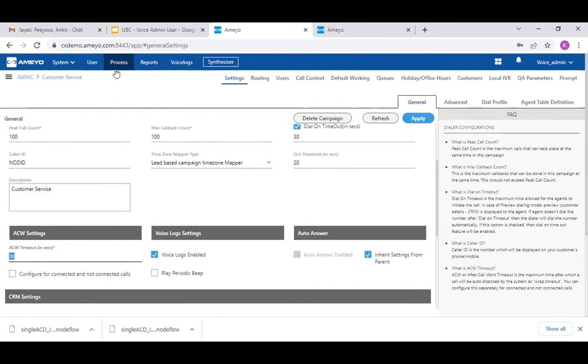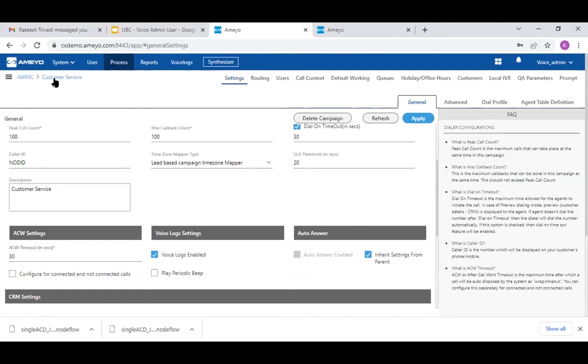Under this setting, under the process, there is a campaign. For this campaign, you wanted to set the after call activity time. So right now we have given 30 seconds. So within that particular 30-second time, your agents would be able to fill that particular notes, even if you wanted to work under the CRM or update any information in the CRM. So this is the time which you are giving. So it's totally upon your use case and requirement, what time you wanted to give for your particular agent after ending that particular call. So from here, you can set those after call activity time.